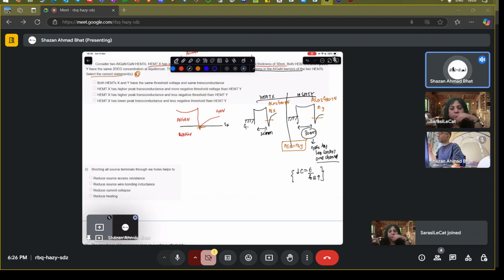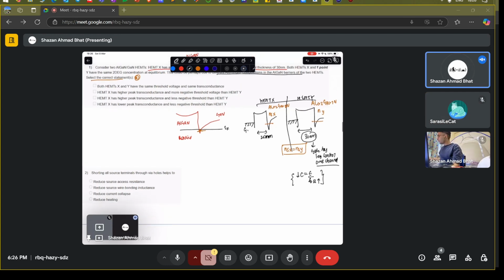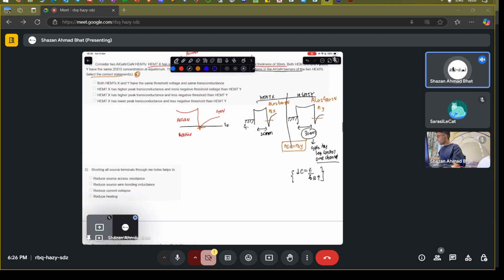Can you please turn off your audio? Excuse me. Okay, thank you. What is going to happen is that the capacitive coupling in case of the, I should say,